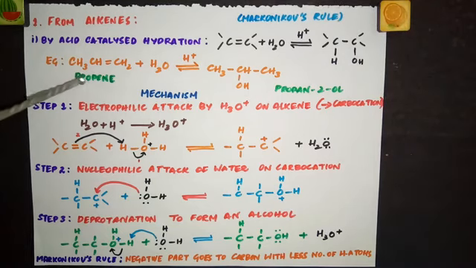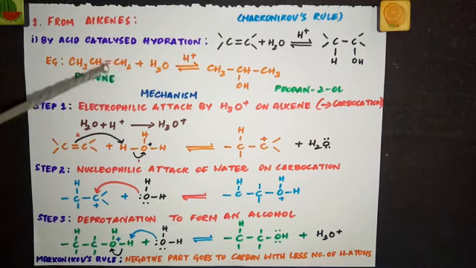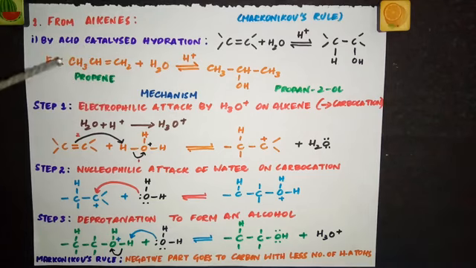Now let's see an example. I've taken the example of propene: CH3, CH double bond CH2, treating it with water in the presence of an acid, H+. Now we have H+ and OH-. Don't worry about this part; whatever is present here will come in the product as such. You have to see only this carbon-carbon double bond. So now we have C1H and double bond C2H. This carbon has less number of hydrogens and this carbon has more number of hydrogens comparatively. You have to compare only these two carbons.